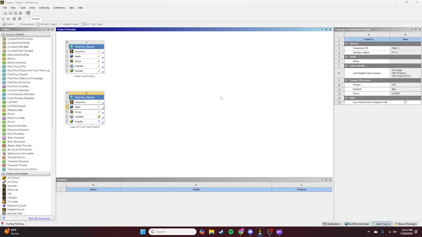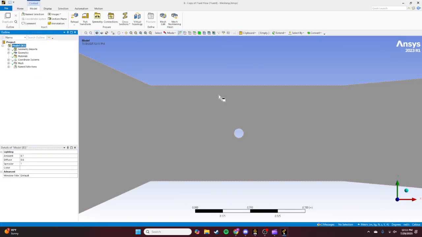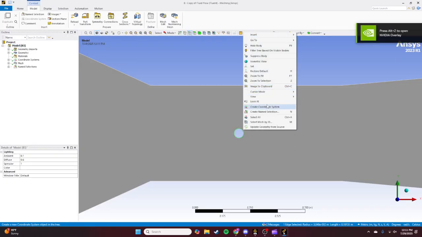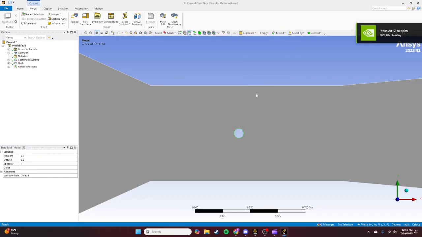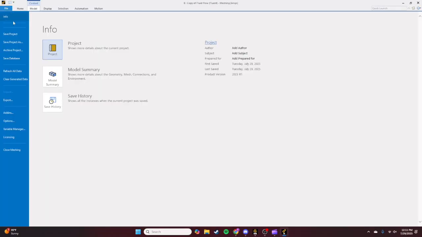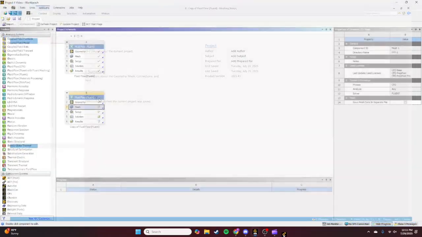Reopen the mesh real quick. And I'm just going to select edge, and I'm going to name this obstacle. And you can look to make sure your other name selections are the same. So I'm going to go back, close mesh,